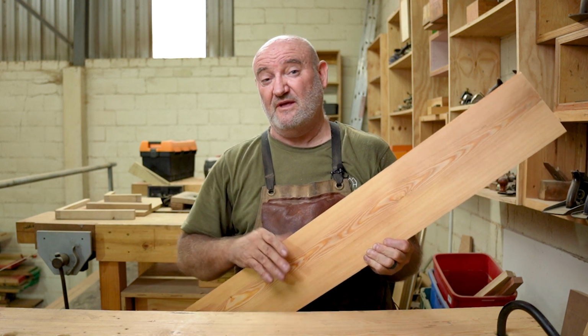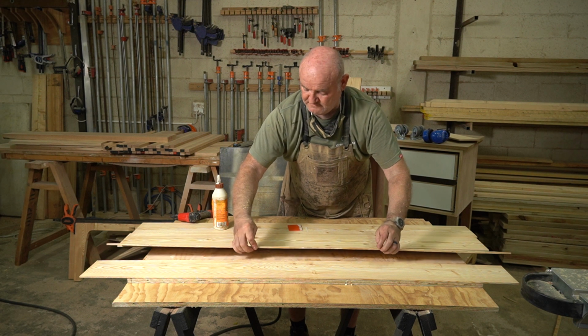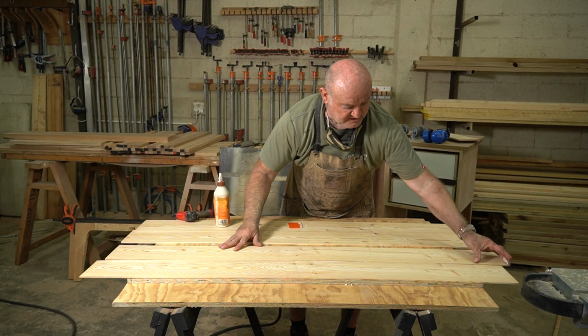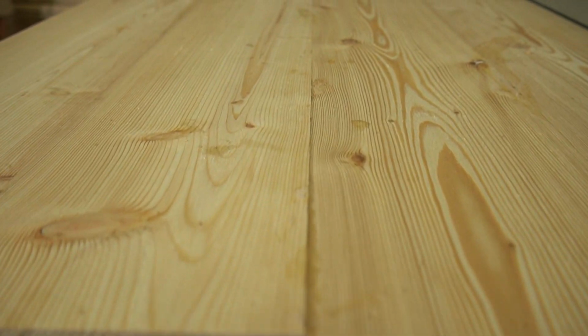for our coffee table. In order to do that, actually, we're going to joint it, which means we're going to take our edges, get them nice and square, nice and straight, so that we can take our boards and joint them together like this. Once that's done, we can apply that to our tabletop, put some nice thick edging around the outside, and we will have what appears to be a big, solid Siberian larch table, but in fact, our sneaky little secret is that we've got plywood underneath,